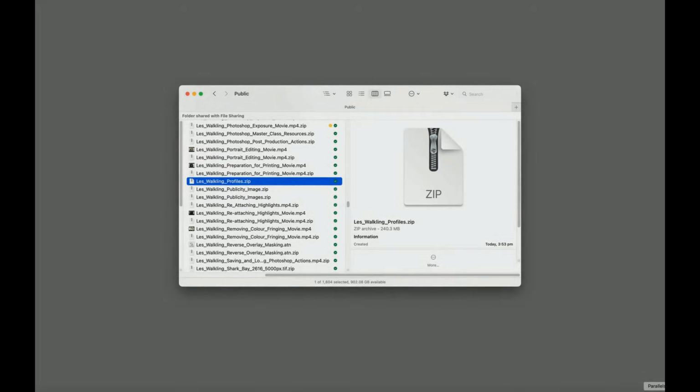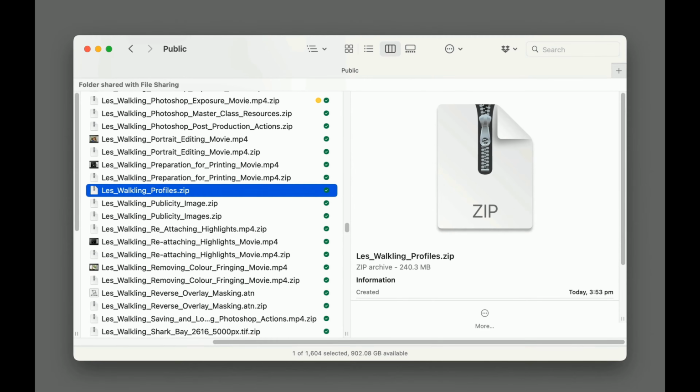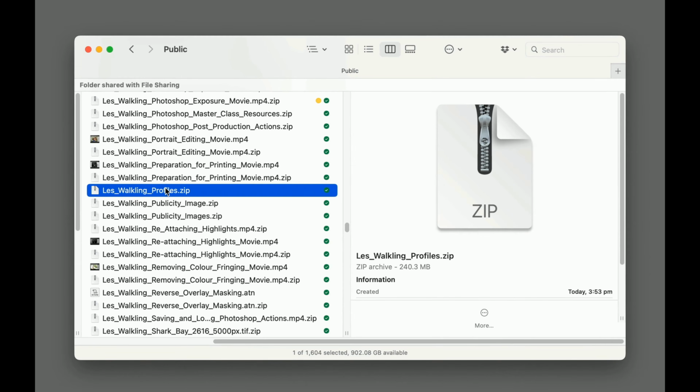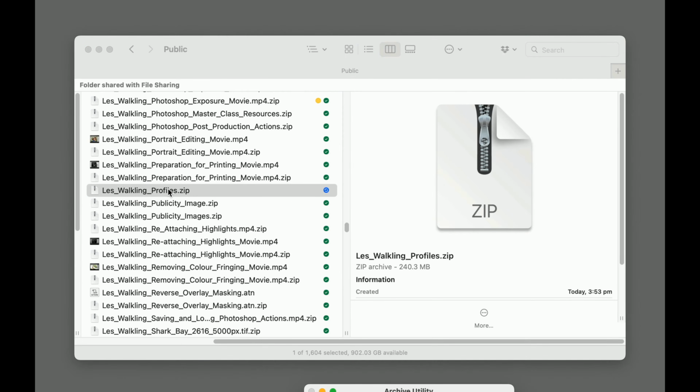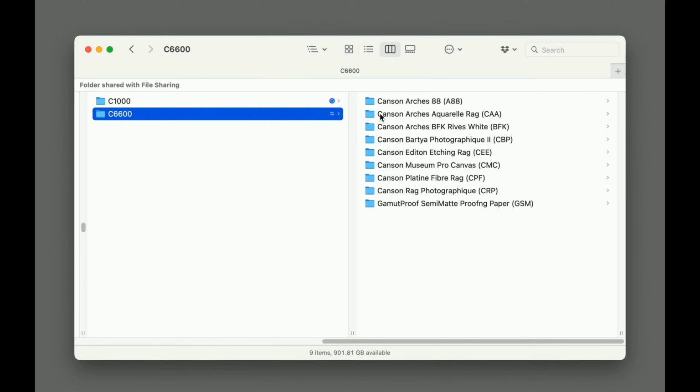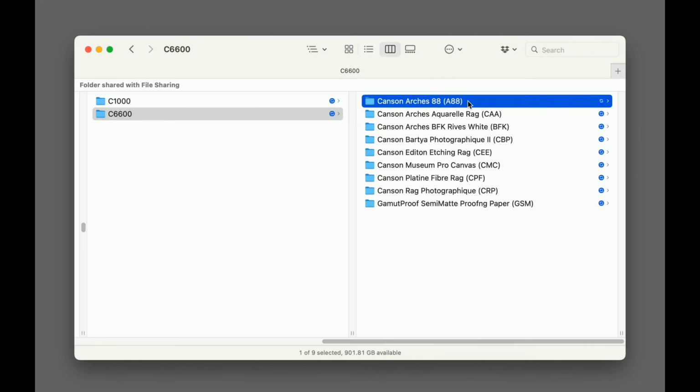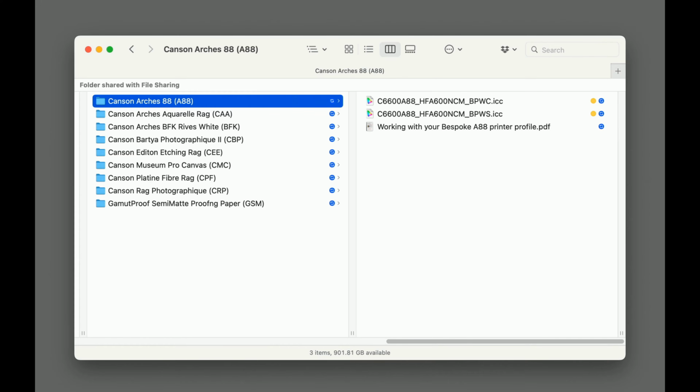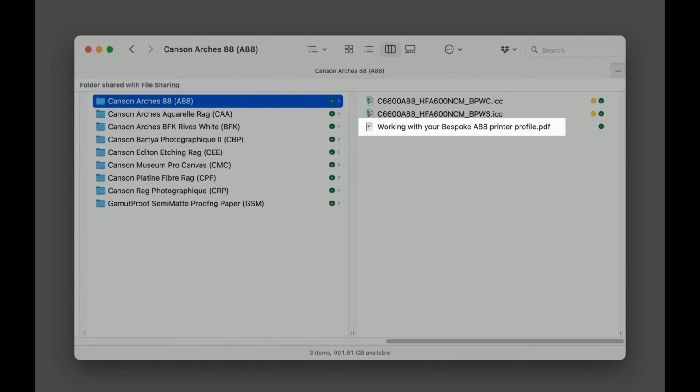Once the compressed folder containing your printer profiles has been downloaded, it should automatically decompress. But if it doesn't, just double-click on it to unzip it. Inside the folder you will find subfolders containing one of your Bespoke printer profiles, along with our Working with your